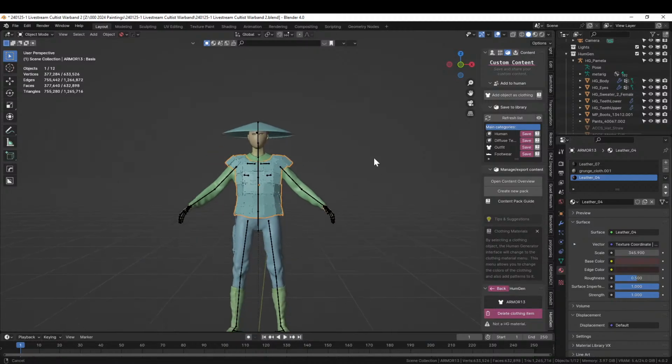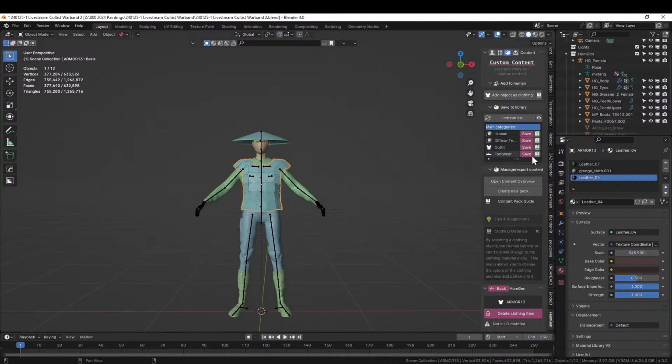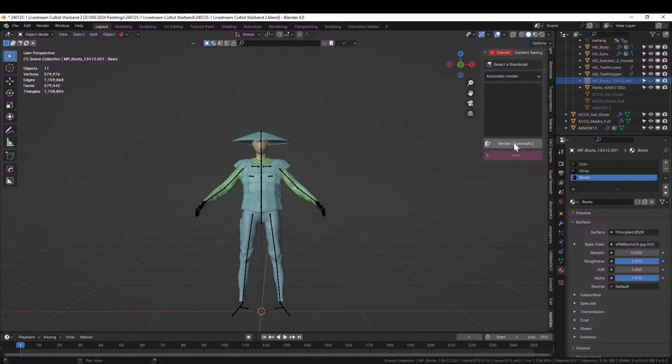Yeah, I'm going to save this entire outfit as an outfit now too. I want to turn off the footwear. Where's the boots? Turn them off. Save the outfit. Automatic render. Render. Cool. Next. Both male and female allowed. Sure. Next. Existing. We'll put it in medieval. It's not, but we'll put it there. Next. Name is going to be,